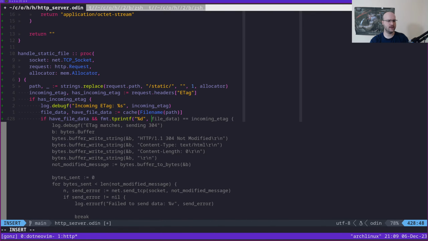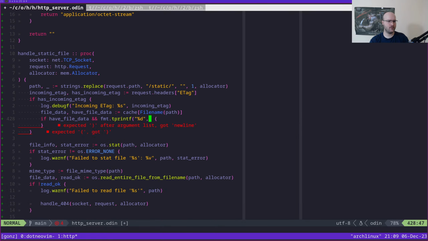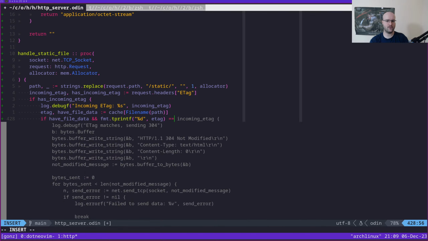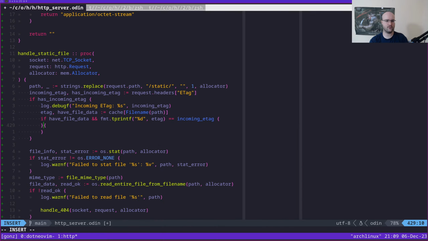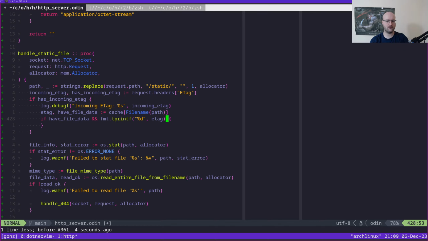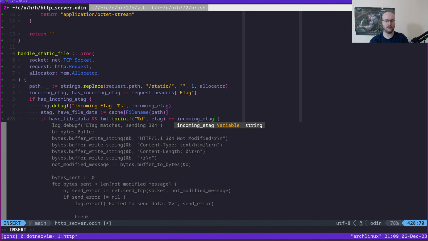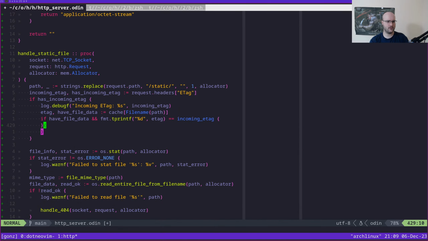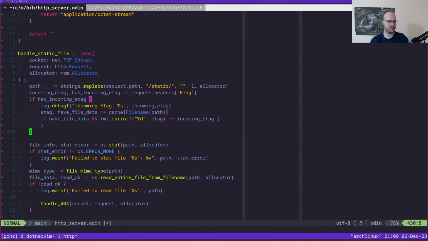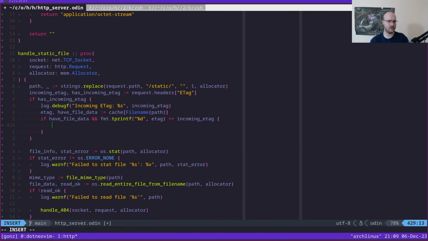Not file data. Oh yeah, hang on. This is no longer that, right? It's actually the e tag. If the stringification of our existing e tag, like this, is equal to incoming e tag, right? Opa. E tag like this. Oh, I have some extra curlies here. Never mind. Then,